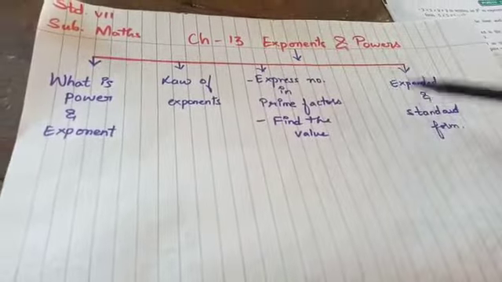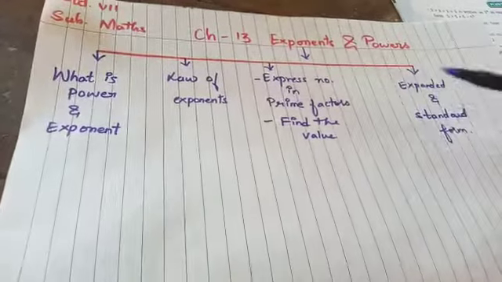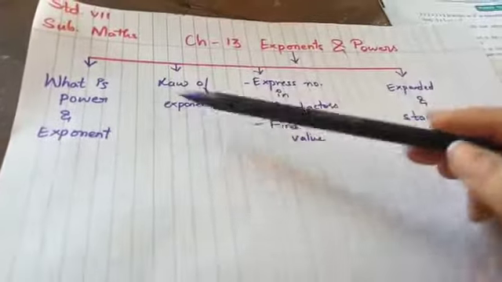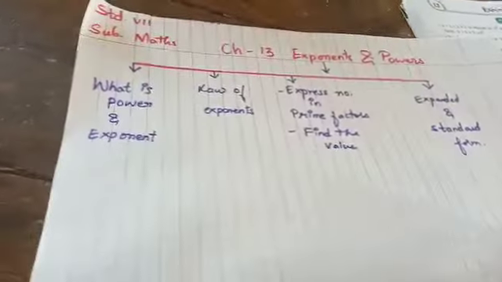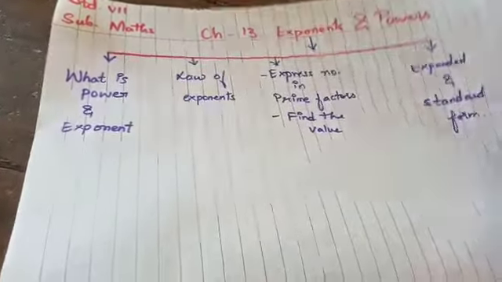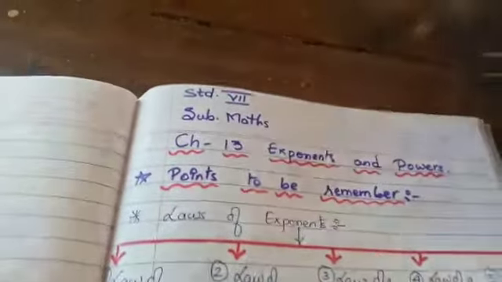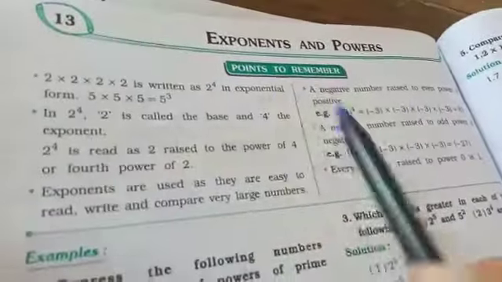While doing the example exercise, I will explain this, and this too I will explain in points to be remembered. So, points to be remembered. First, in the practice book, points to be remembered are given. So this I am explaining to you. You write this in the notebook also. These are very important points.